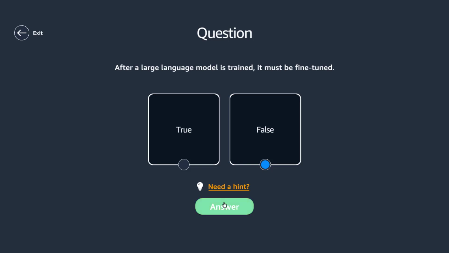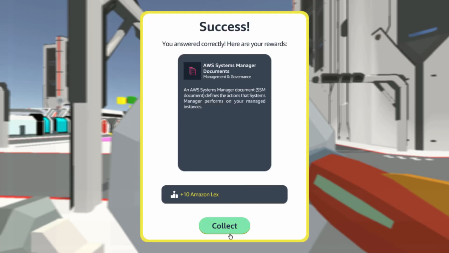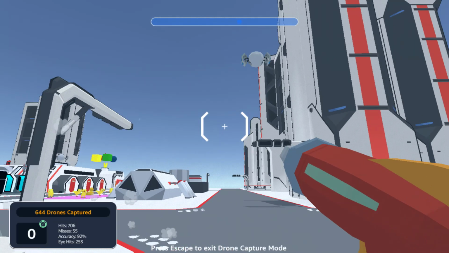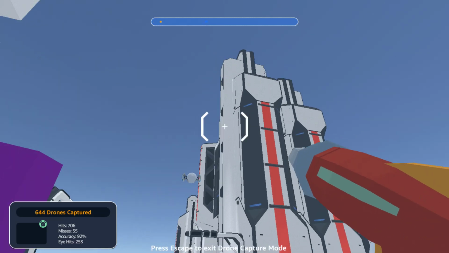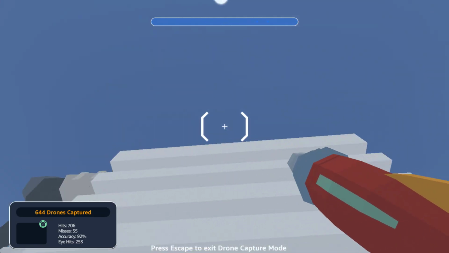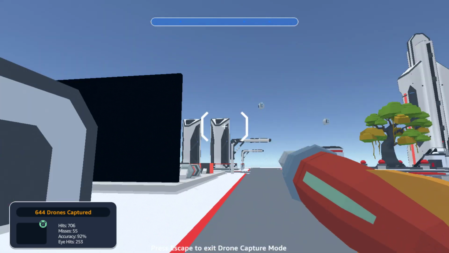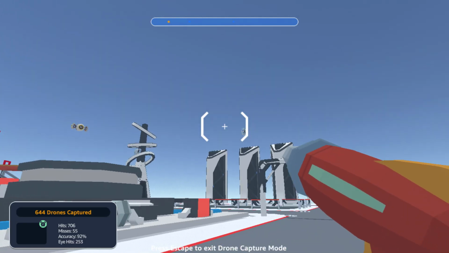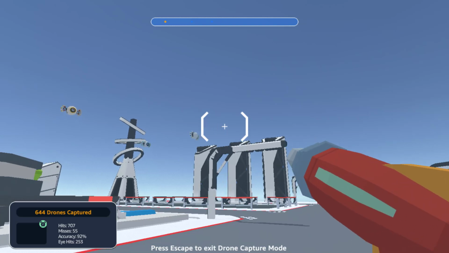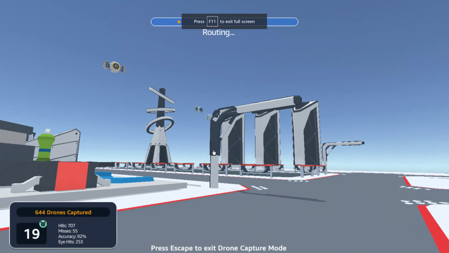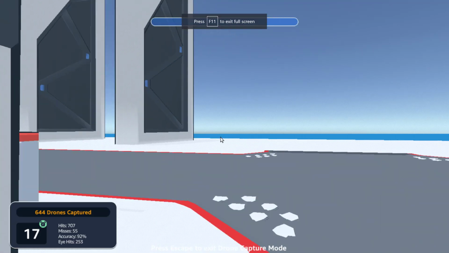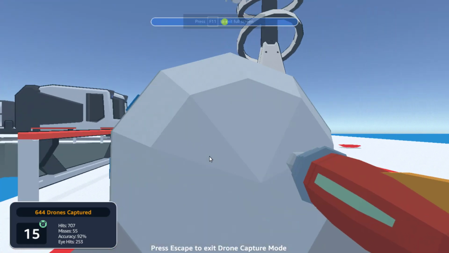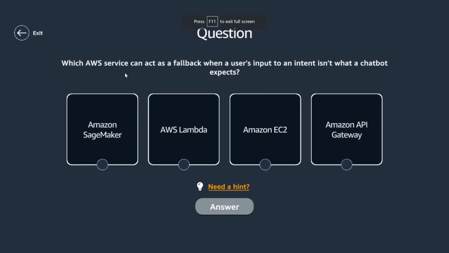I mean, you can fine-tune it, but does it have to? 3 out of 3. How are you guys doing? Are you scoring? Looks like there is one right on top of my head. Where was it? Is this the buggy area? No. Okay, we are good. It is the buggy area.